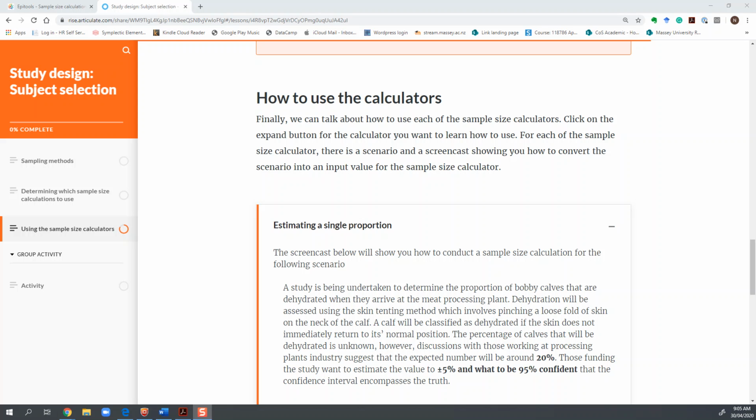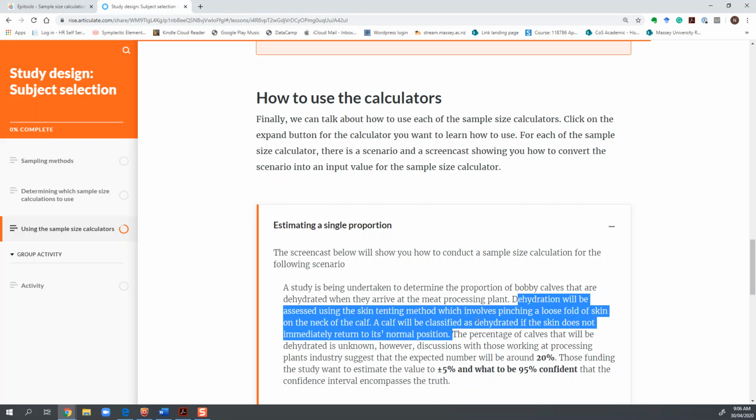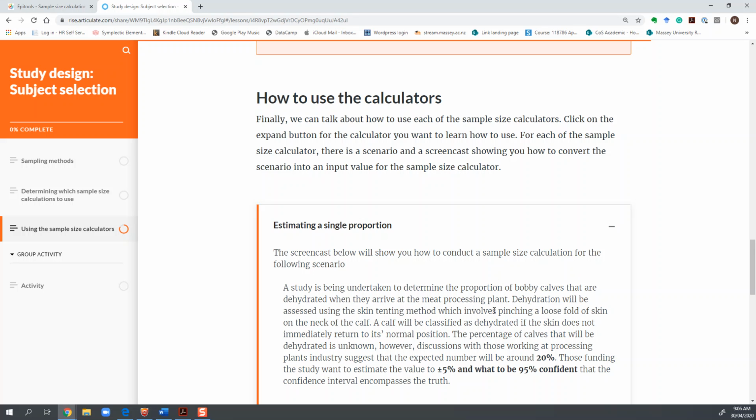The scenario that we've given you, as you can see here, is that we want to determine the proportion of bobby calves that will be dehydrated when they arrive at the meat processing plant. We've gone on to explain here how it's going to be measured, and the percentage of calves that will be dehydrated is unknown. However, you've had a chat with some people and they estimate that the expected number will be